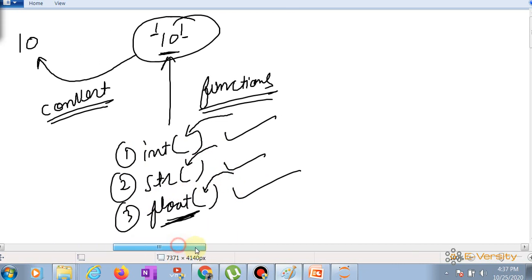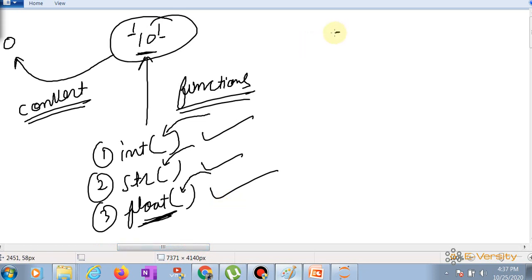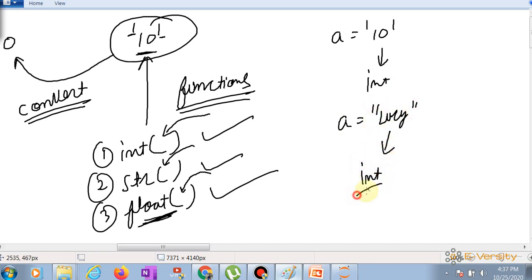But one thing you should remember, if a variable a is equal to 10, then you can convert into an integer. If a is equal to Lucy, this is basically a string, okay, you cannot convert this into an integer, right, it is giving error.